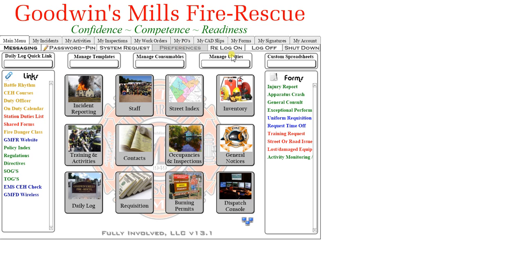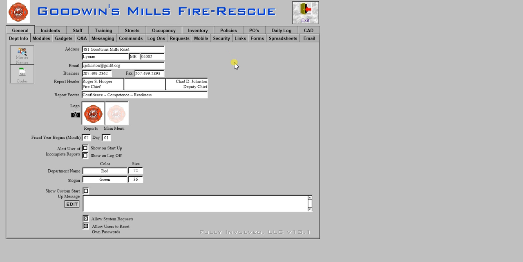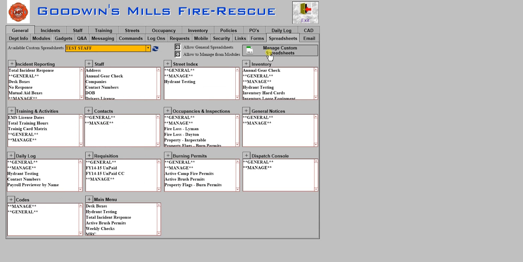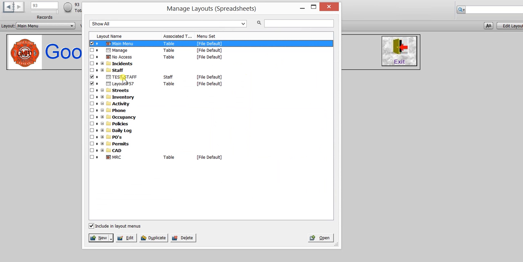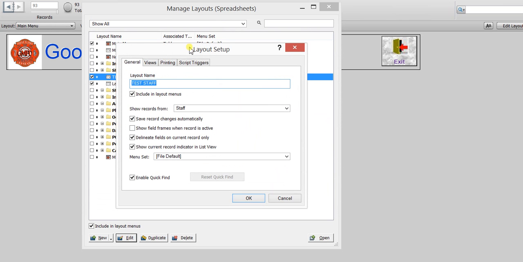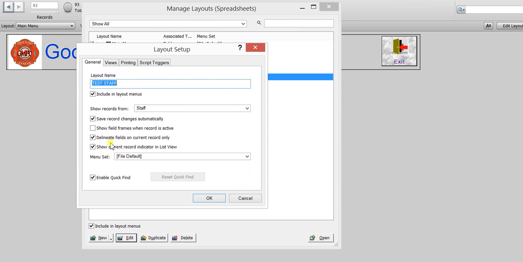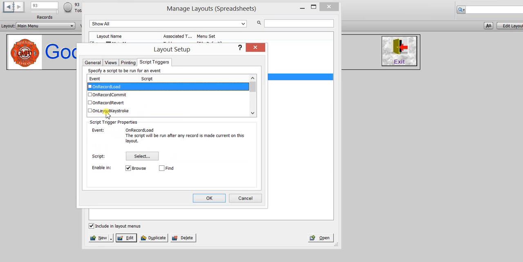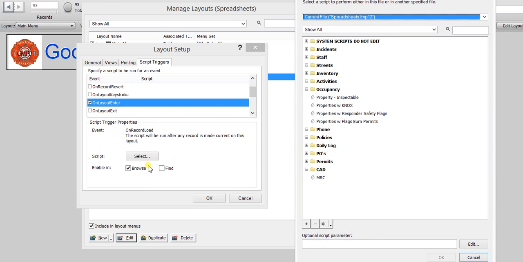So the way that I would do that is I'm going to go back into my preferences, and now I've created this spreadsheet. It works for me, but now I want to get a little more complex about it and start doing some other things with it. So I'm going to go back into the spreadsheet. I'm going to say I want to manage it again, and I'm going to go into my test staff, and I'm going to go into the edit button, and in here I can decide different things about it. But what I'm going to do is I'm going to decide that I only want to see anyone with the rank of engineer. So I'm going to go to my script trigger,